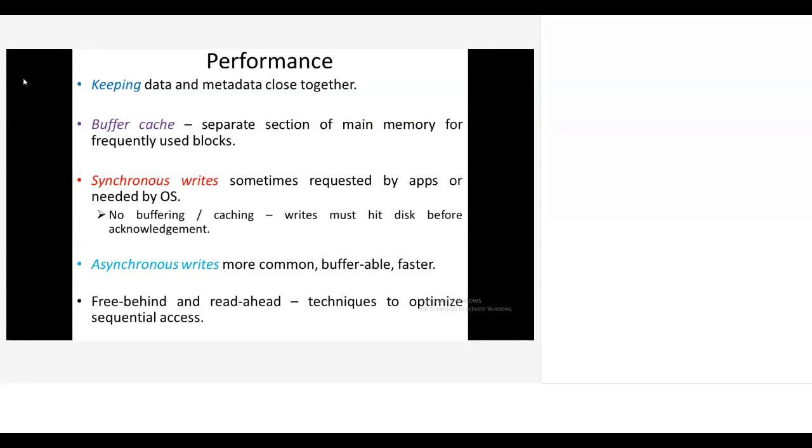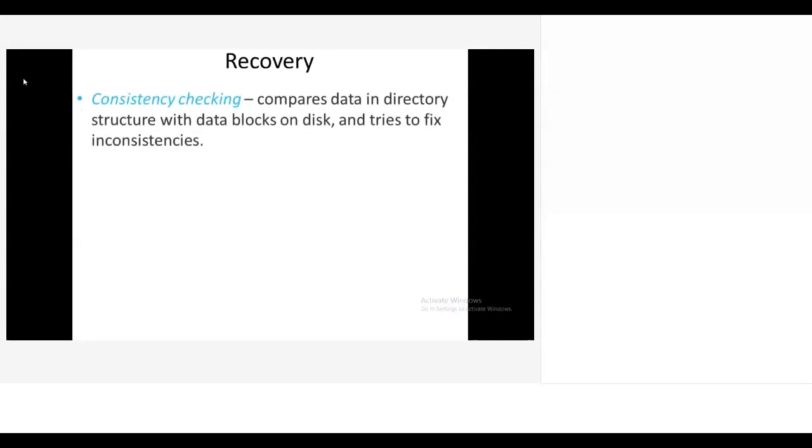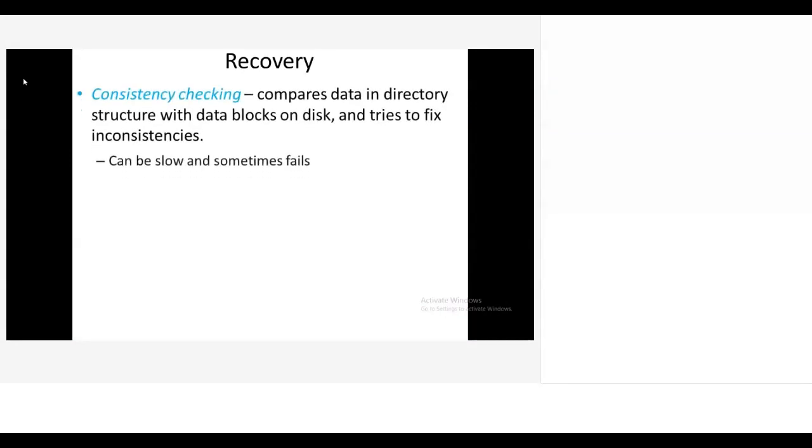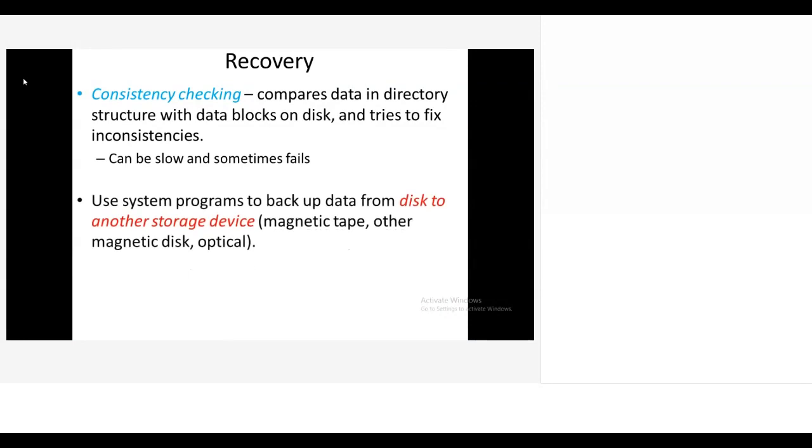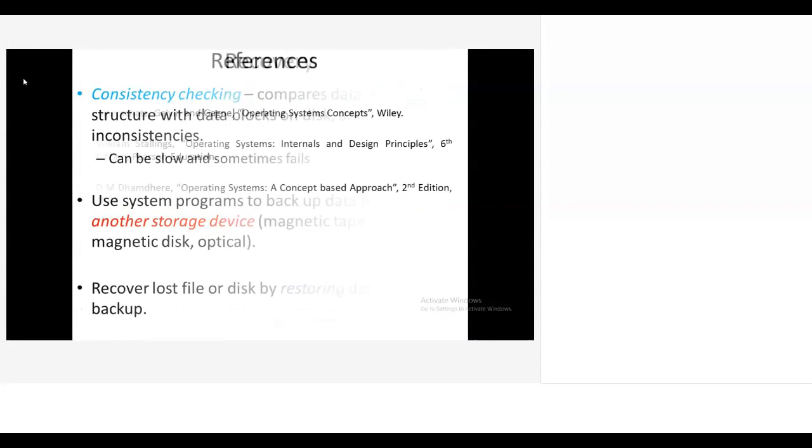And the last one is recovery. Suppose your file is deleted, how will you recover it, or if there is an interrupt while saving, like the light is gone, then there is consistency checking: compare data in the directory structure with data blocks on disk and try to fix inconsistencies. It can be slow and sometimes fails. Use system programs to back up data from disk to another storage device. You can take a backup, you can have a separate hard disk where you store your data from time to time. You can use an optical disk also. So recover lost files or disk by restoring data from the backup. So we are done with